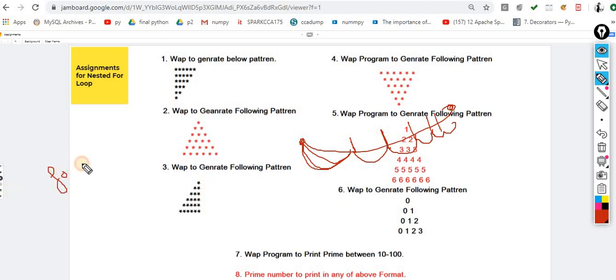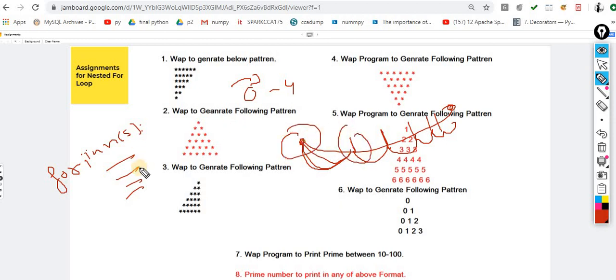For example, if I do it for i in range of 5, it means I am saying 0 to 4 iterations. That means it will execute 0 to 4 times, and in every iteration you have to perform these tasks. So technically this concept is called iteration, or you can say these are the steps. Basically, in step number 0 you have to perform this, in step number 1 you have to perform this.